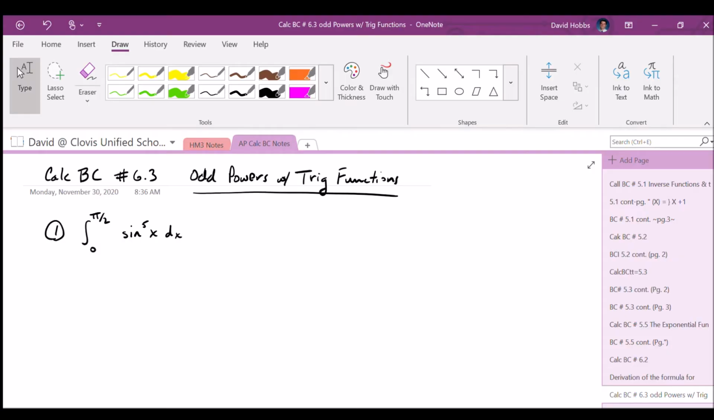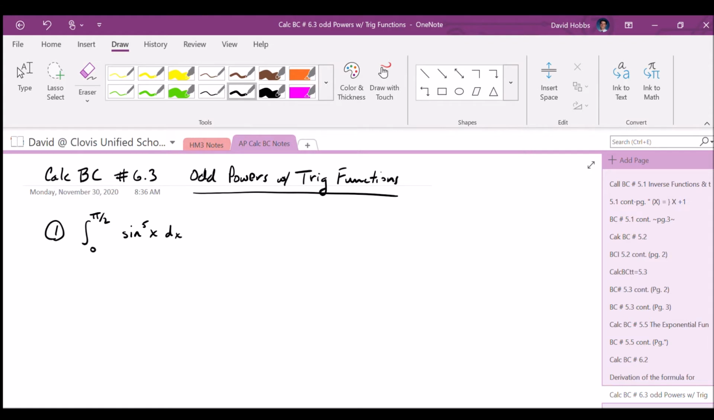This is Calc BC, Unit 6 Objective 3, and we're mostly dealing here with odd powers of trig functions. So they're kind of nice. Next lesson we get to deal with even powers of trig functions. Mostly, when we have odd powers of trig functions, you usually want to peel off one of the trig function so that you have an even power left with whatever it is to the first power. So this sine to the fifth,